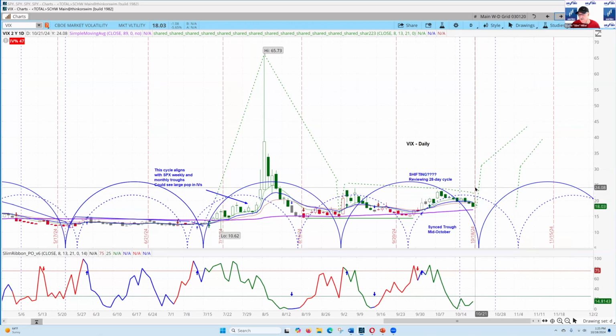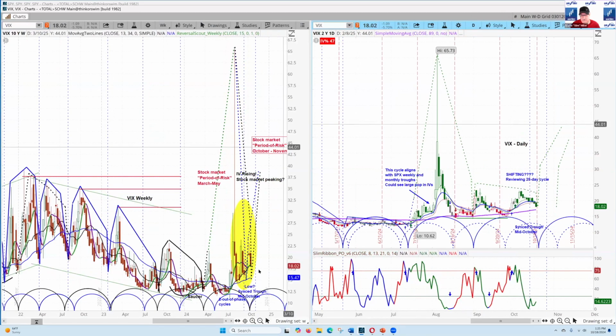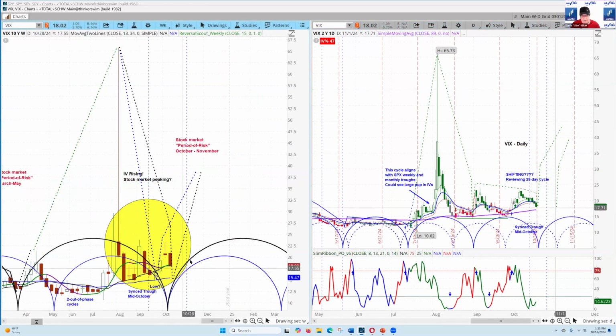So we believe that IVs will be moving up sharply, either starting any minute or maybe chop around in here and then not really have a real blast off until after the election. So looking at the VIX, it says to us, be careful. We're getting into a time period right in here on that weekly chart where it's very likely that you're going to have a sharp upside move in IVs. I think they're easily going to be into the mid 30s, but we could see 40s and 50s depending on how sharp a market corrective period is.